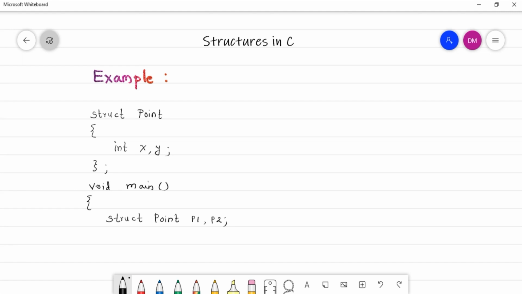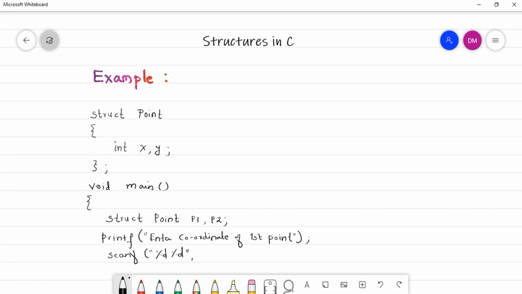So let us give one message to the user using the printf function. printf enter coordinate of first point. And let us scan the values similarly. scanf %d.